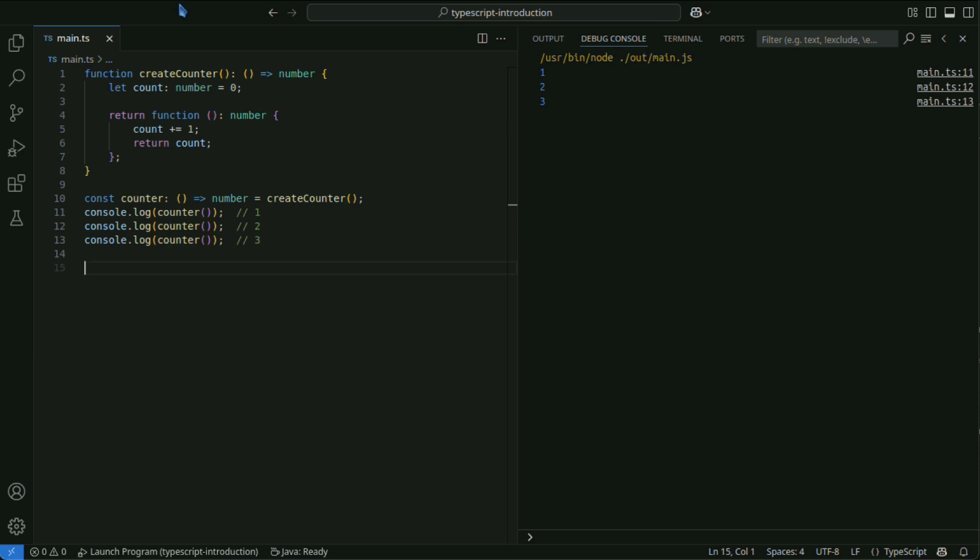Closures are useful when creating higher-order functions. Here, a higher-order function is a function that takes another function as an argument or returns a function as a result. Below is an example of a higher-order function with clear type annotations.